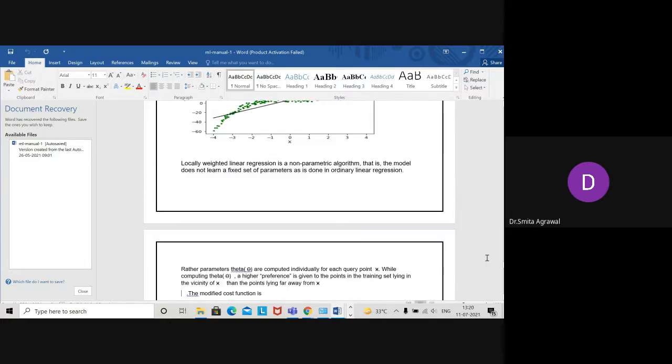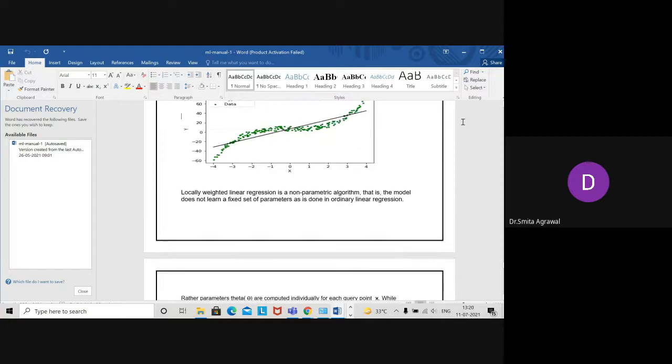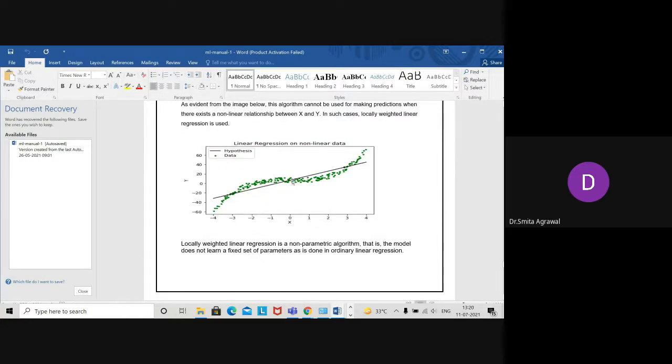You can see in the diagram the green data points; we can say this is a non-linear kind of data. So for this kind of data set, we use the locally weighted regression method.